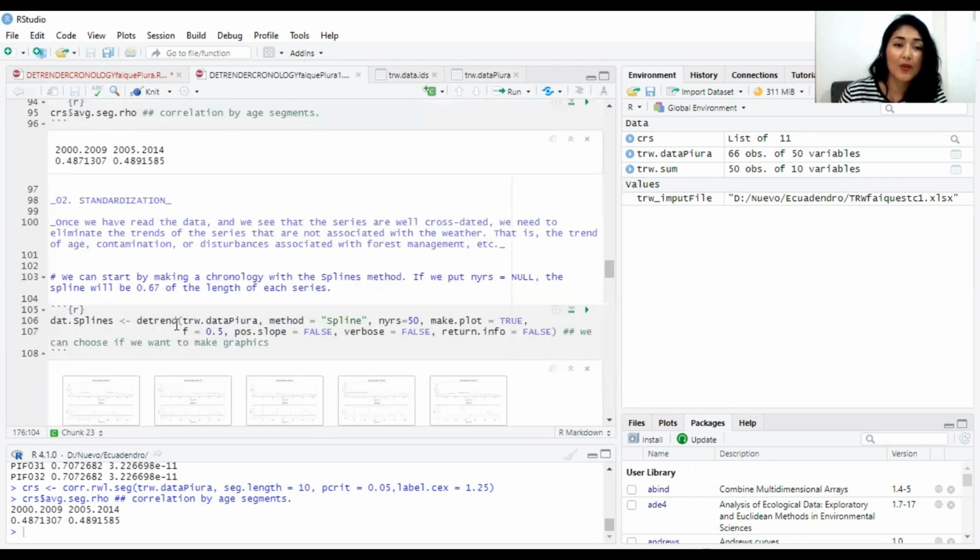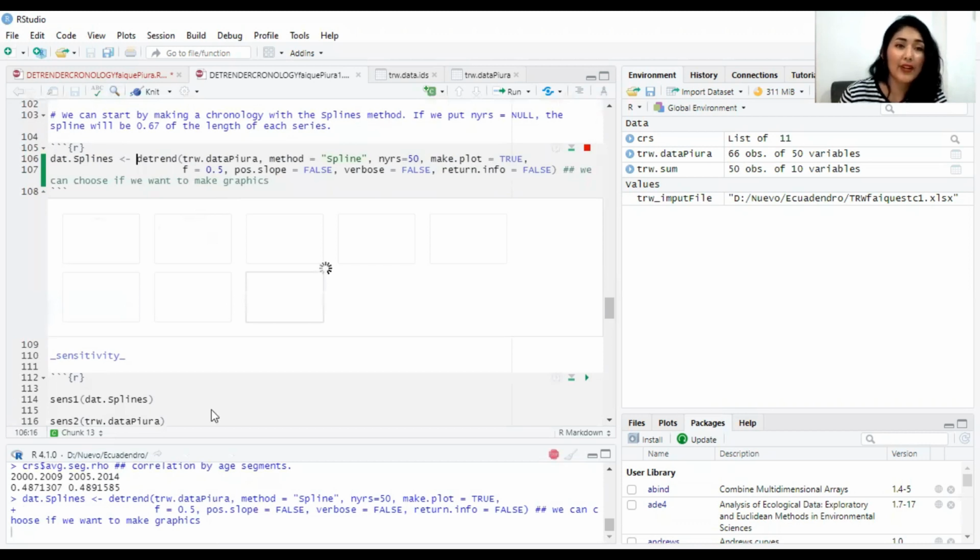In this case, we use the detrend function, and in this process we apply the spline method that offers the detrending, with years 50, make it plot true, frequency response 0.5, and we can choose if we want to make graphics. We need to run this,